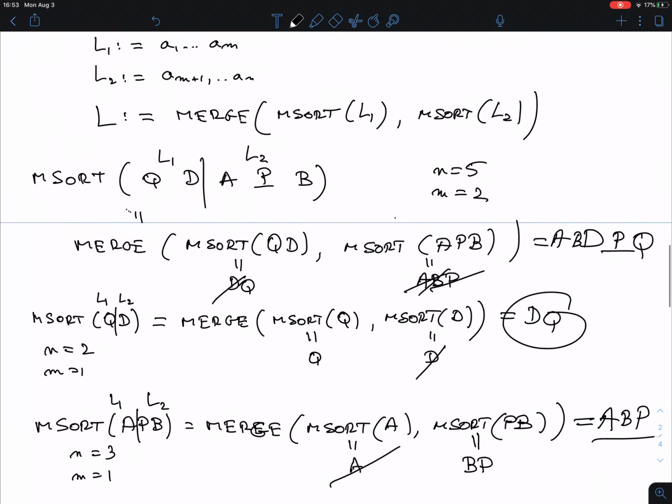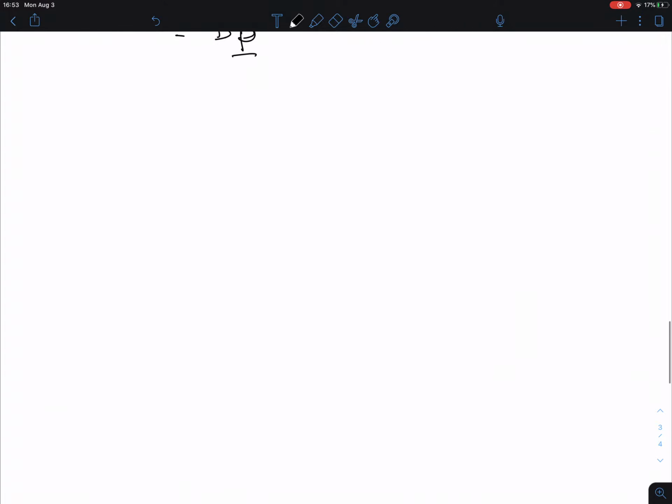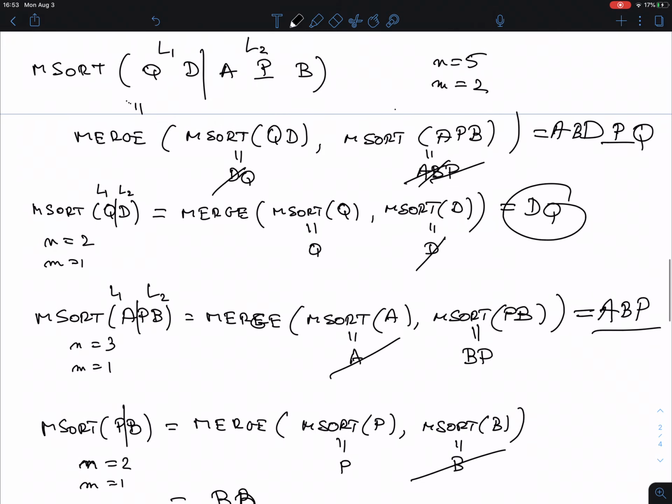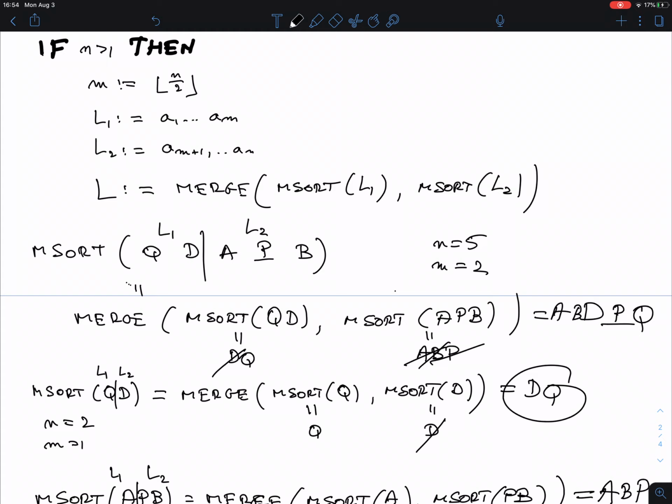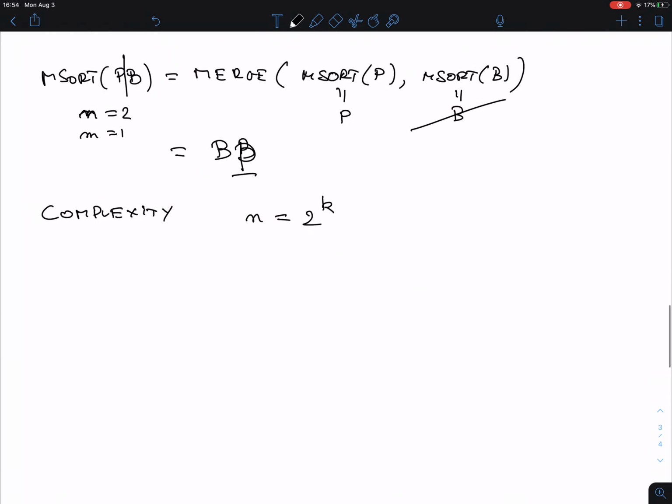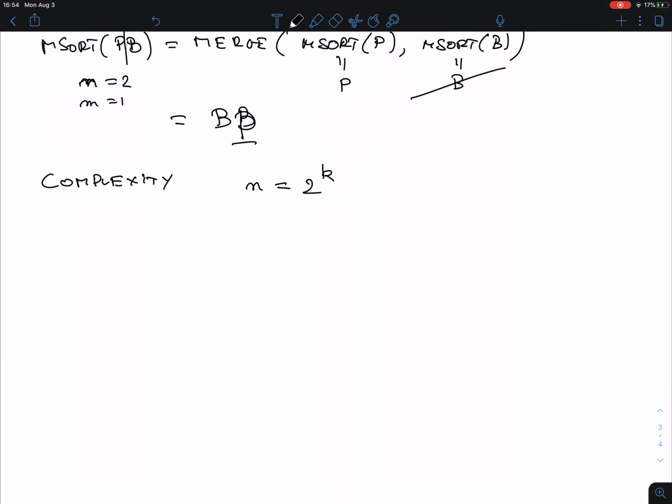So let's calculate the complexity of this algorithm. So let's see what happens. And I'm going to explain this using a very special value of n, a power of 2. You saw that if you take some value like 5 or something, the lists are kind of a little bit askew, right? One list is a bit smaller than the other, so it's a little bit awkward. It's easiest if we take a pure power of 2, because we keep dividing by 2, we'll always have powers of 2. So we start with one list of size